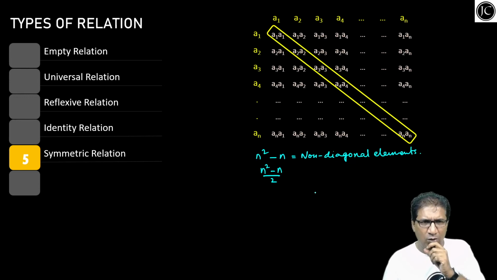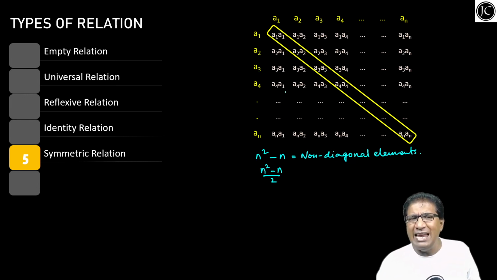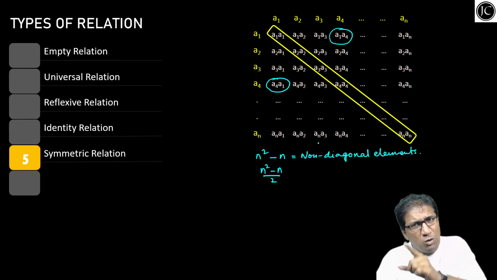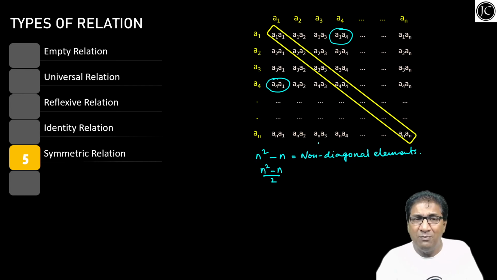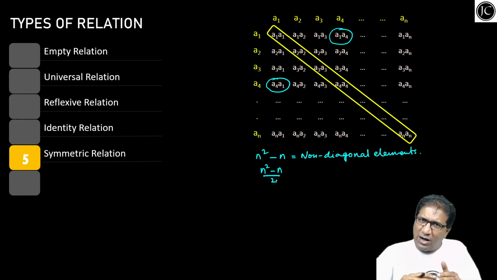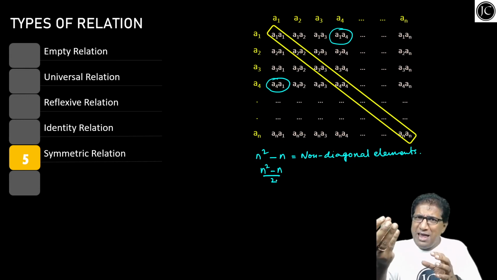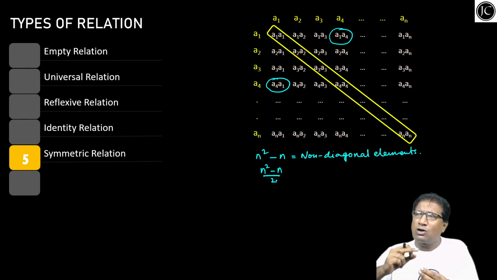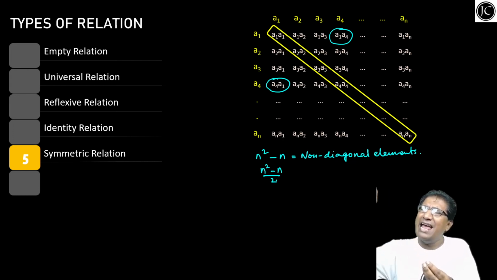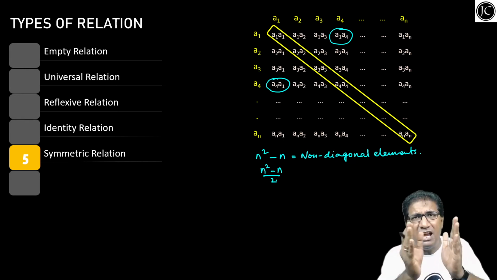Correct? Okay. अगर मानो कोई भी एक एलिमेंट तुम non-diagonal elements से चूज कर रहे हो, मतलब क्या? मानो a4, a1 I have chosen. इसका मतलब a1, a4 has to be taken in my relation, otherwise it will not be a symmetric one. मतलब यहां पर जो (n square minus n) by 2 elements हैं, that is the non-diagonal elements either in the lower triangle or in the upper triangle. कोई भी अगर एक तुम एलिमेंट चूज करोगे, if you choose from the lower triangle, then उसका corresponding element in the upper triangle you have to choose. Then only it will become a